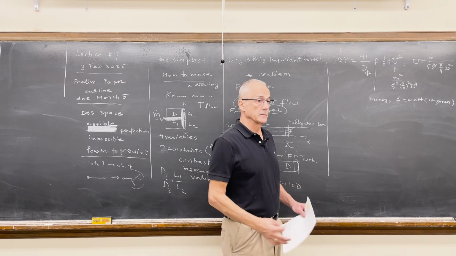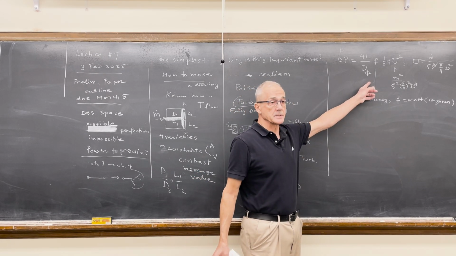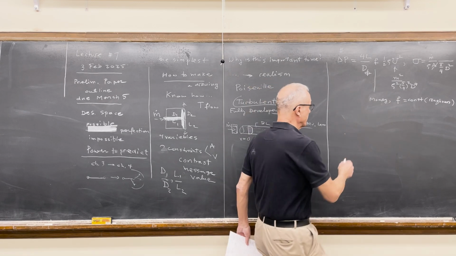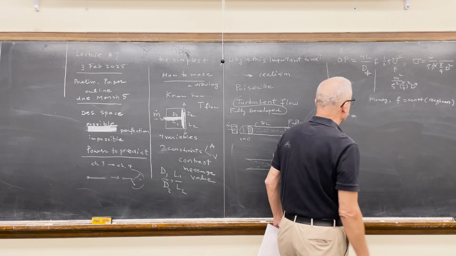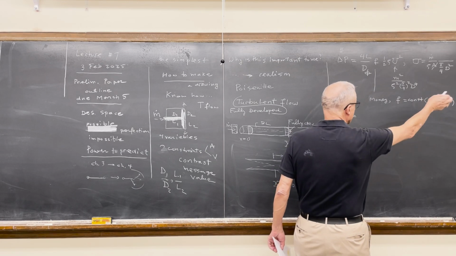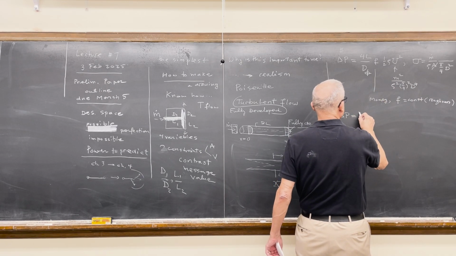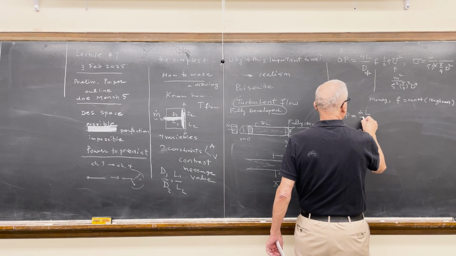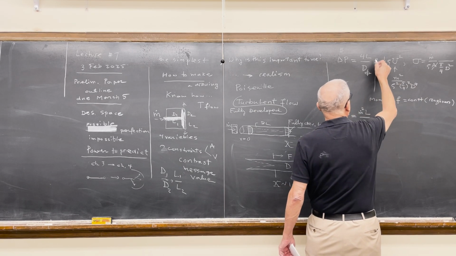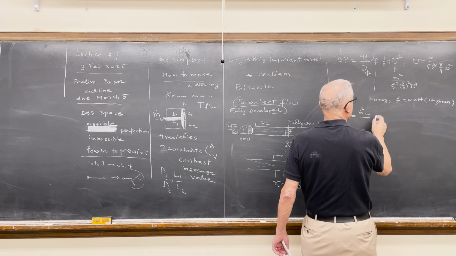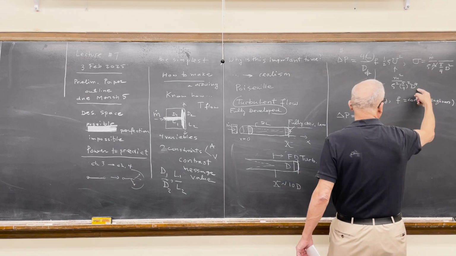So you're lucky, F is a constant. Therefore, the pressure drop is equal to the mass flow rate squared, the duct length, and then you divide by diameter to power 5,